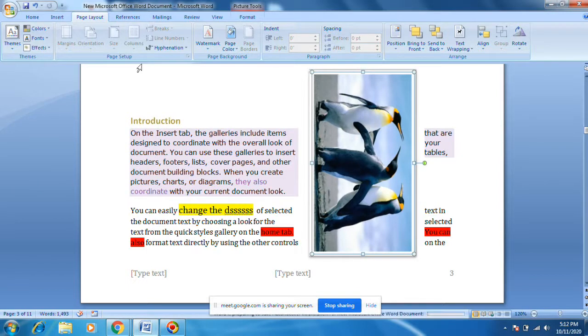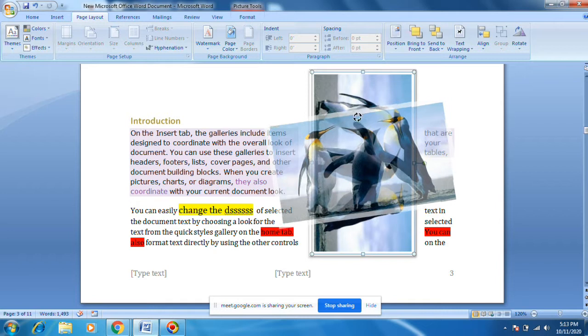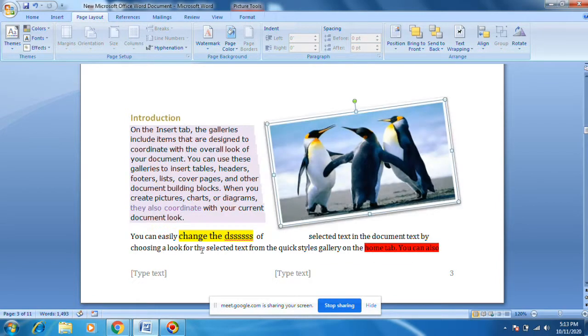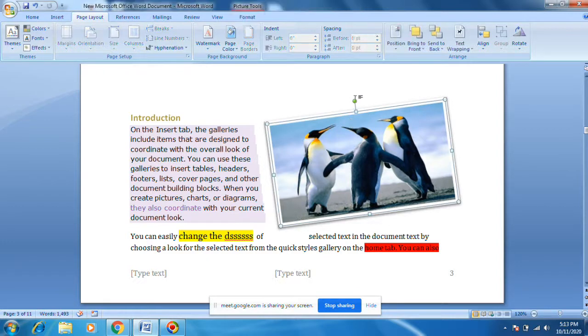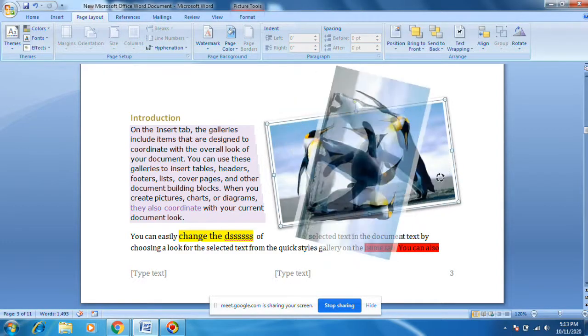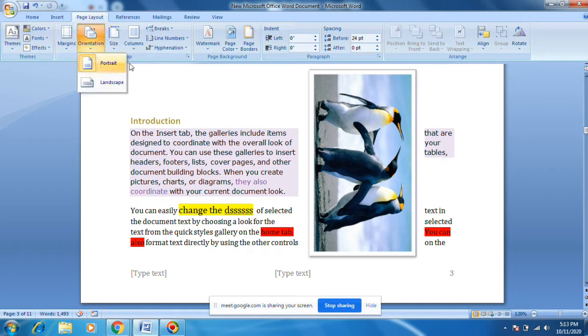Landscape means just the reverse, a 90 degree angle. The page will print like this. If you do a normal print, it will print as it is. Landscape means it will print like this.